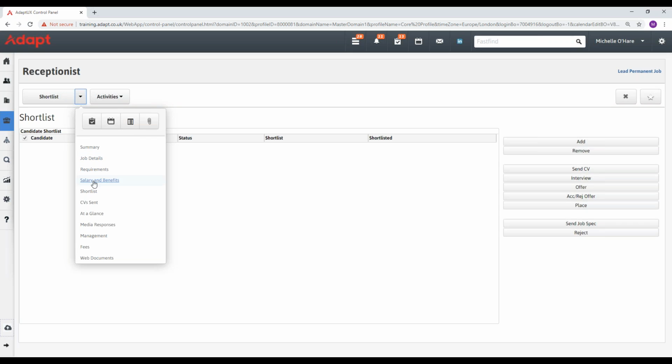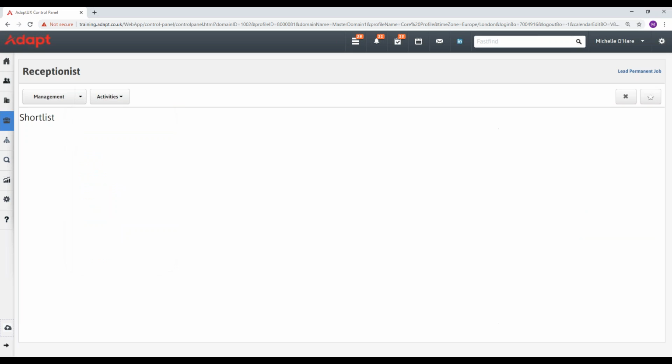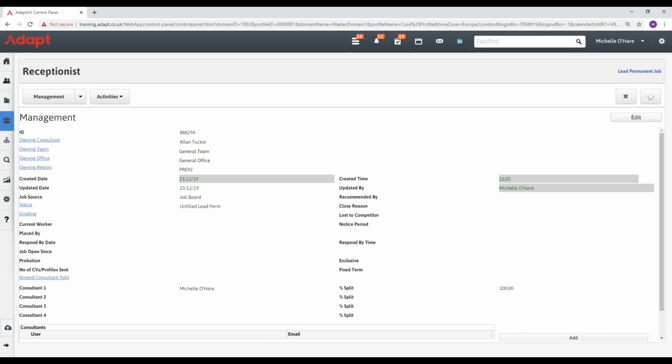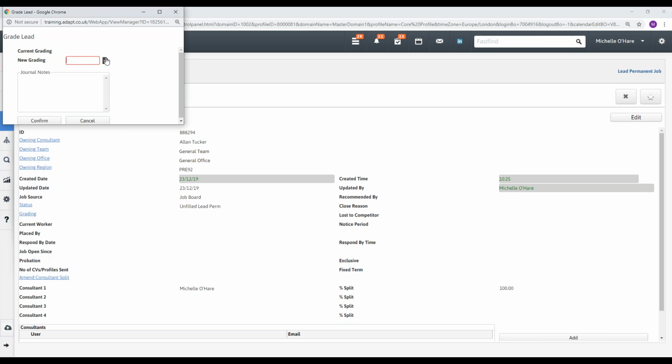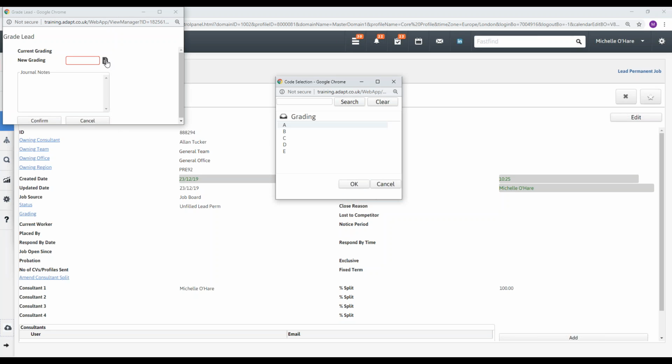So if we go down to the management page, in here, this is where you can go and grade a job. So see, you've got grading, you can click on that. And our options in there are A to E. So every job you're going to start off is likely to be an E, unless you've been handed it by